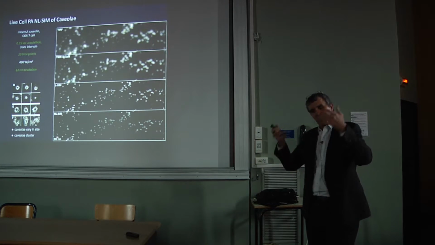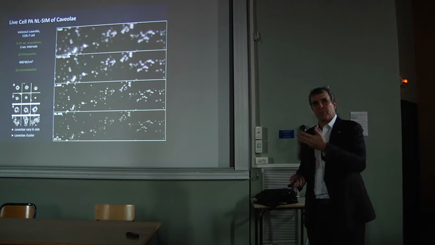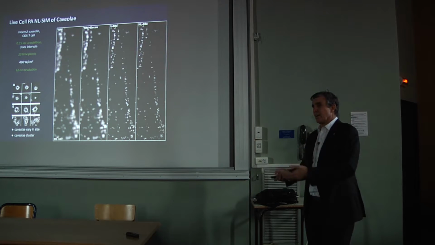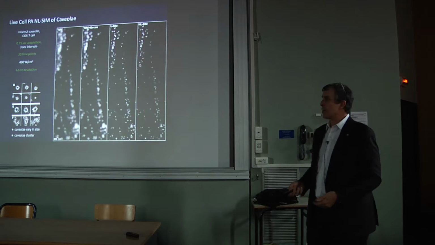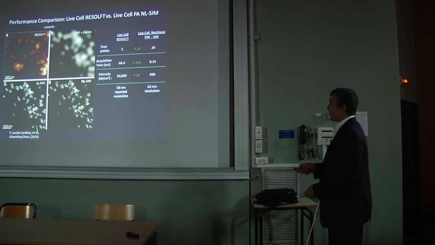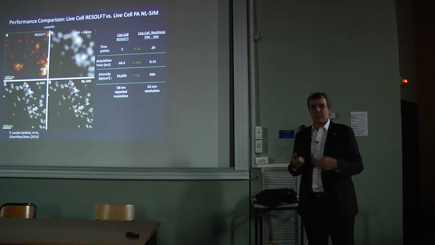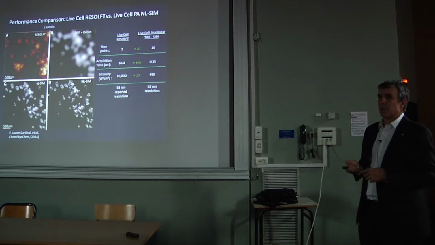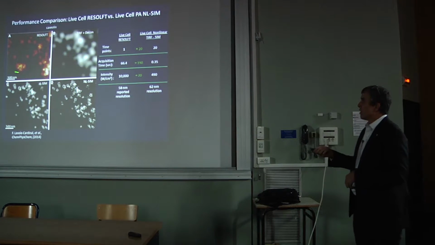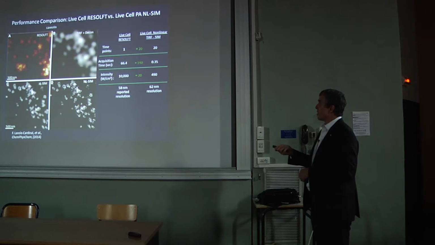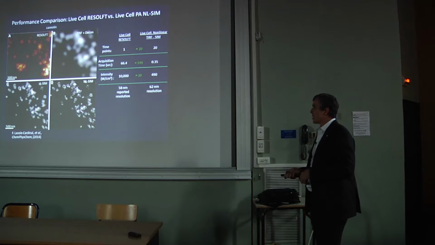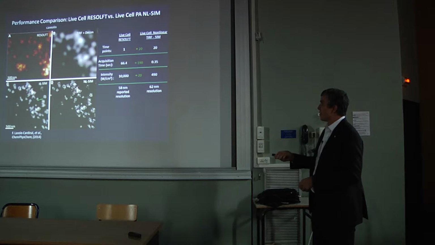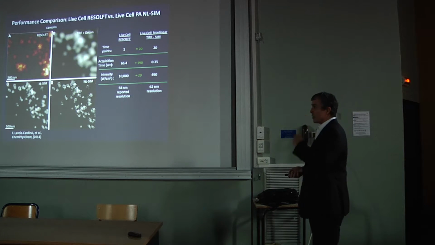that when you look at an EM image, it's just black and white. You don't know what protein is where. The advantage of fluorescence is you have that protein-specific contrast, and we know where all the caveolin is. So one final comparison then is we can compare that to the RESOLFT technique I've been mentioning that Stefan Hell developed, because he had a paper last year where he looked at caveolae. So here's the image of caveolae there. Here's the diffraction limited image that we get. Here's the linear SIM, which is clearly better already, even at the 100 nanometer level. And then here's what we get with the nonlinear SIM.